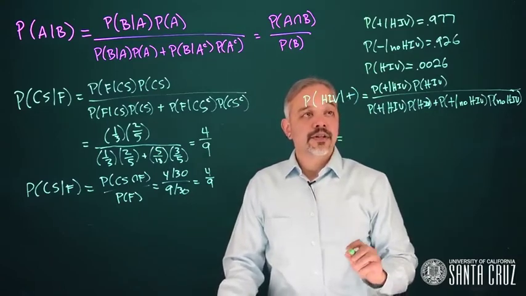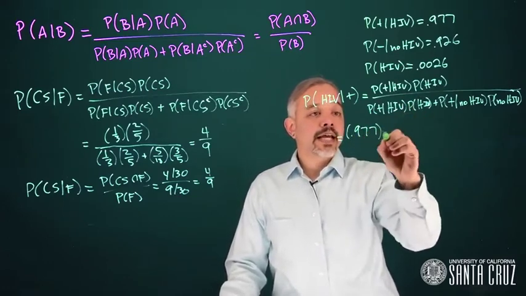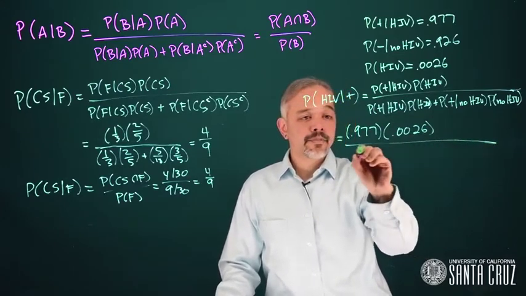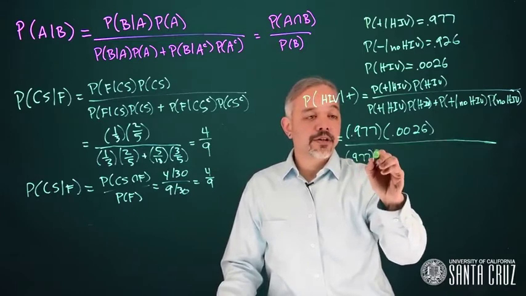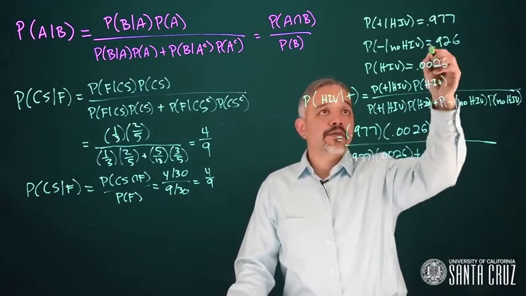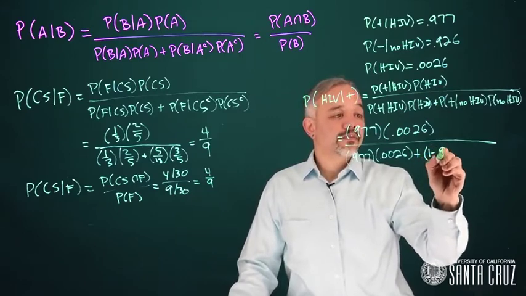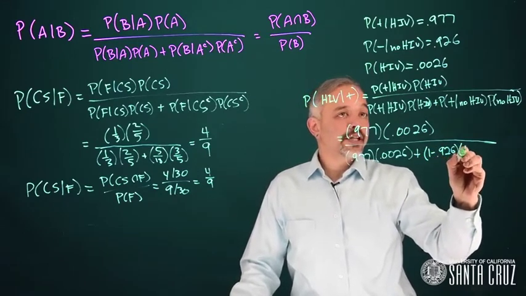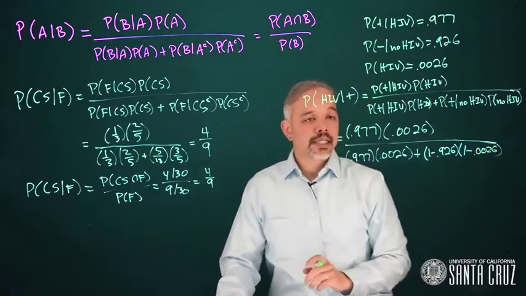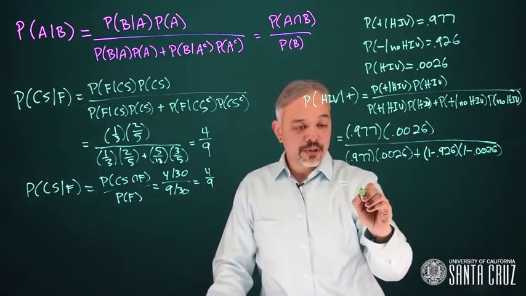Let's do the calculation. The probability they test positive given they have HIV is 0.977. The probability that they have HIV is 0.0026. We repeat the same thing in the bottom of the denominator. And then the second term, the probability they test positive given they don't have HIV, that's 1 minus this. And the probability they don't have HIV. If we now plug that into a calculator, we get this probability to be